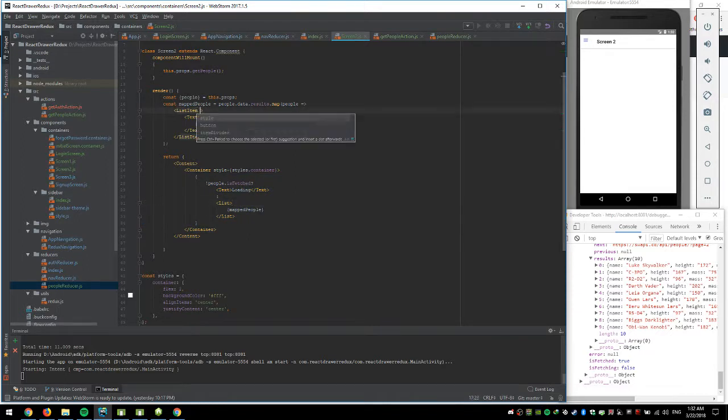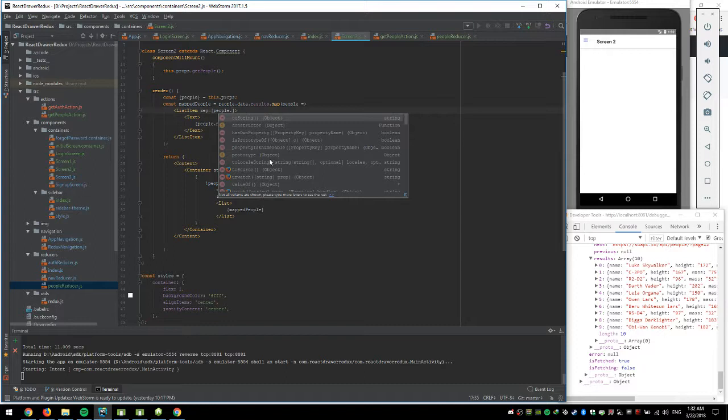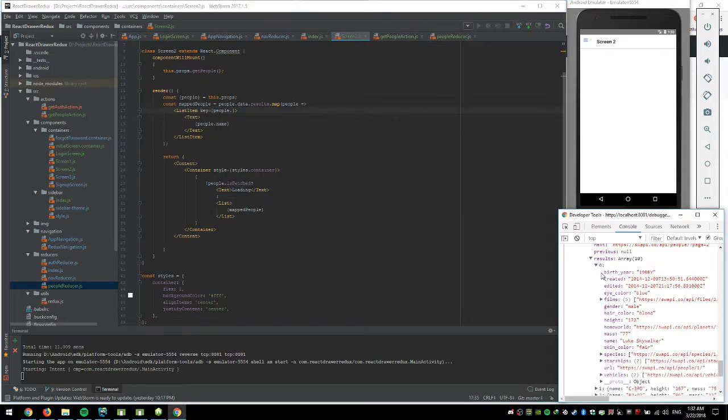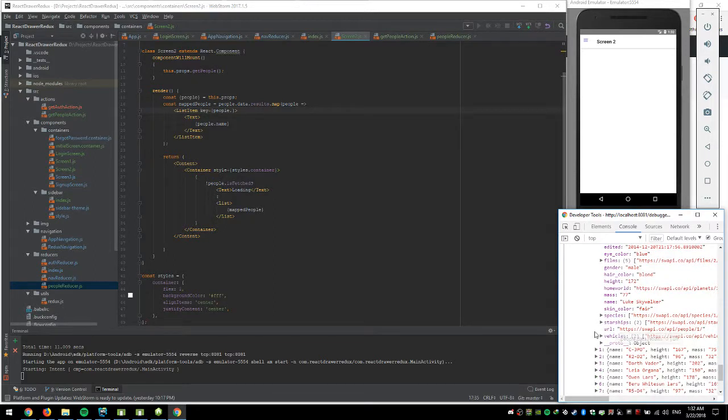So we can give this a key. People dot, what is... Okay, I think this URL is